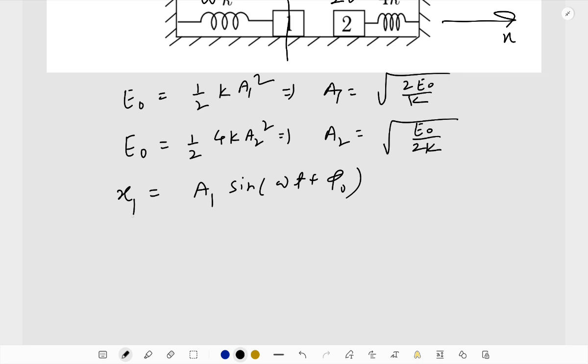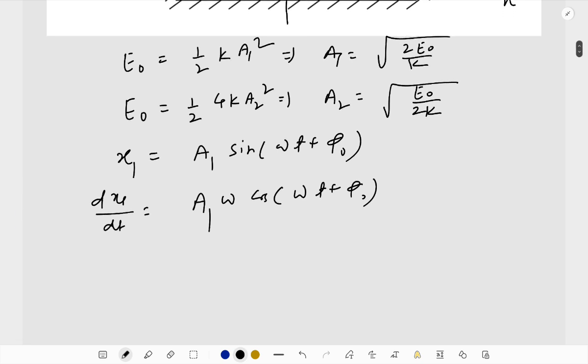I wrote this, and I can differentiate it again. dx1 by dt equals A1 omega cos omega t plus phi naught. Okay, so I need to find out